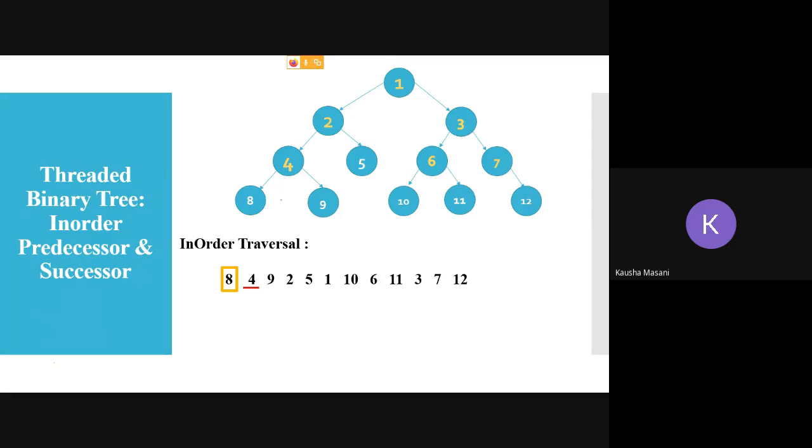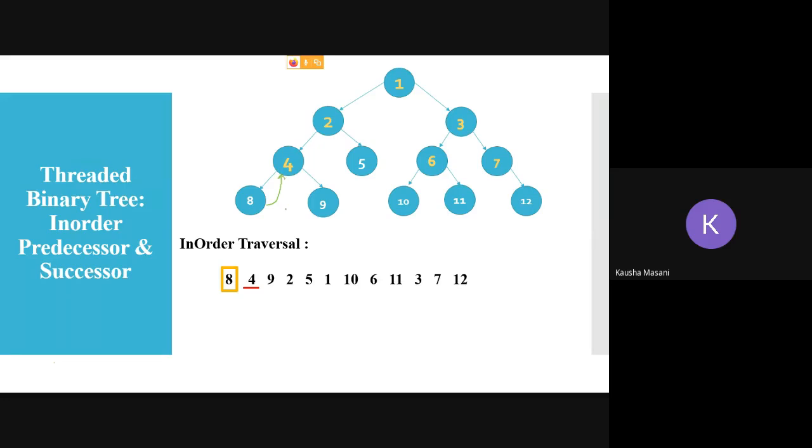Suppose I have a pointer here. See what I told you, right side means in order successor, left side means in order predecessors. So this right side pointer instead of null will point to 4.